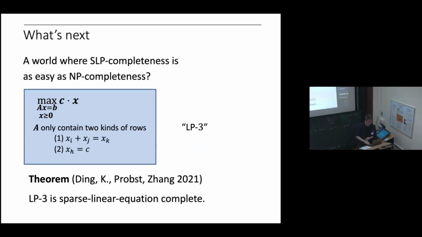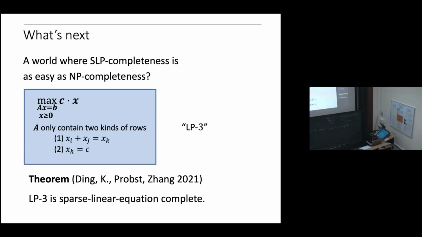Okay. So that was kind of just a sample. There are a few steps. You should not be super impressed with the proof. It should be the opposite. You should think we're soon in a world where sparse linear program completeness is as easy to do as NP completeness. And in particular, here together with Max Probst, who's my postdoc, and Ming and Zhang again, we show that